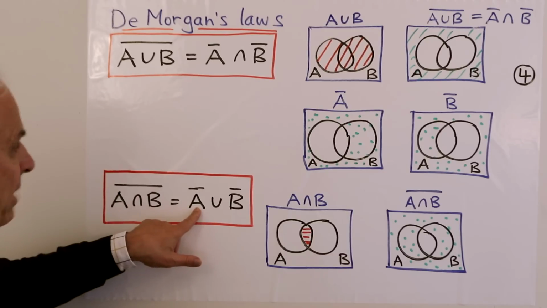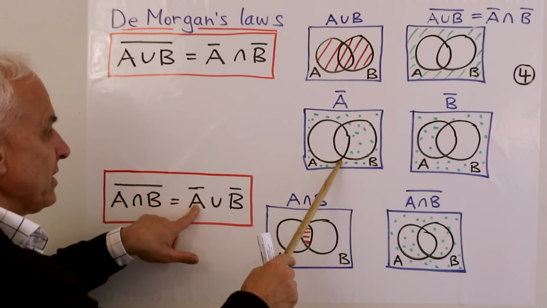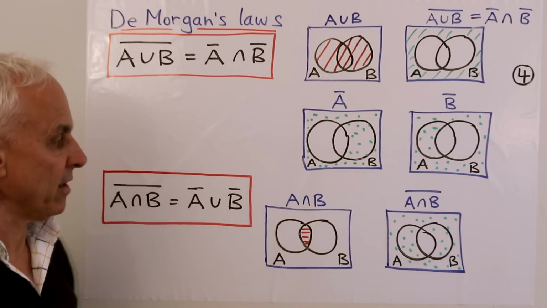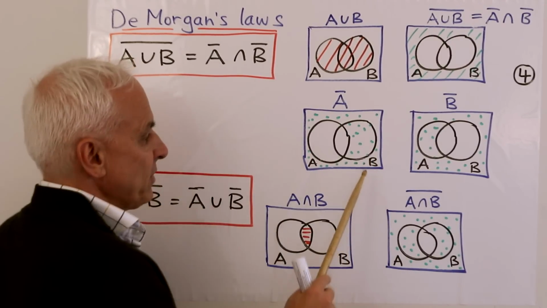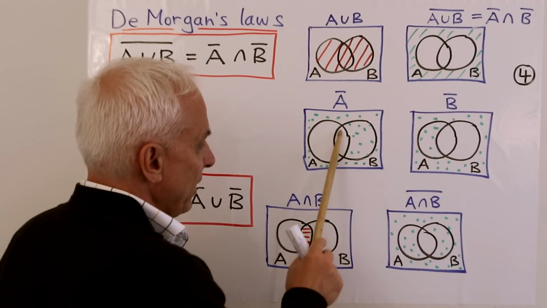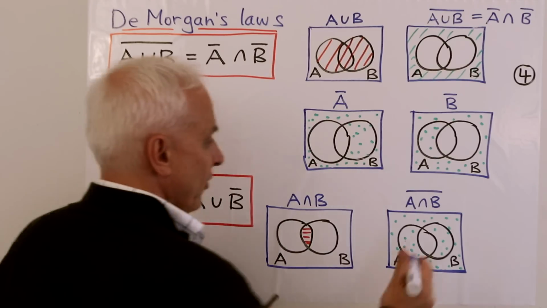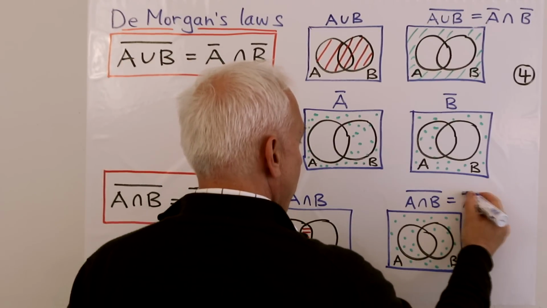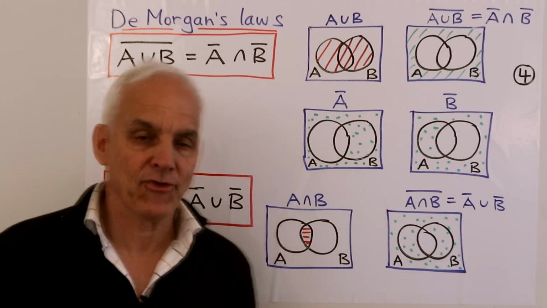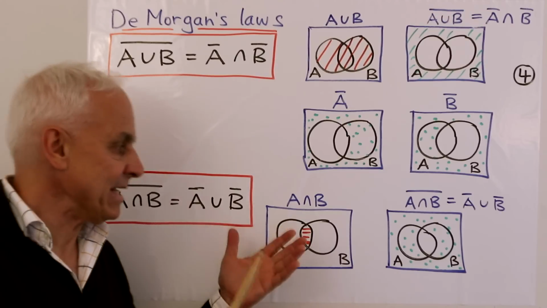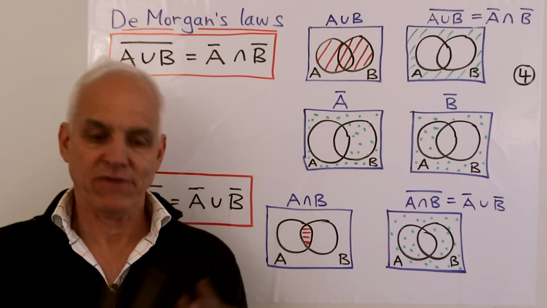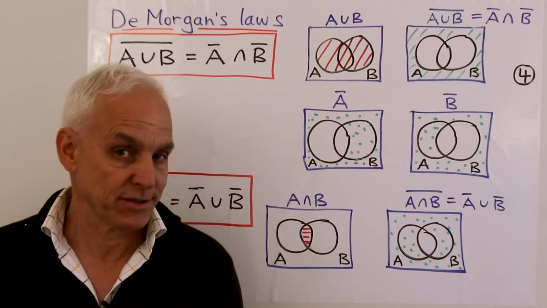And the claim is that this is the same as the union of these two sets here, the complement of A and the complement of B. If we take the union of those, we should get this thing here. Is that the case? If we take everything that's either in here or in here, getting the union, we get everything except the things in the common middle. So yes, indeed, that's the same as A complement union B complement. So we can see that these Venn diagrams allow us to see the validity of simple kinds of Boolean representations having to do with sets and unions and intersections.